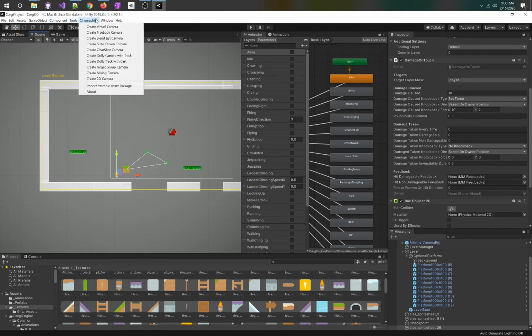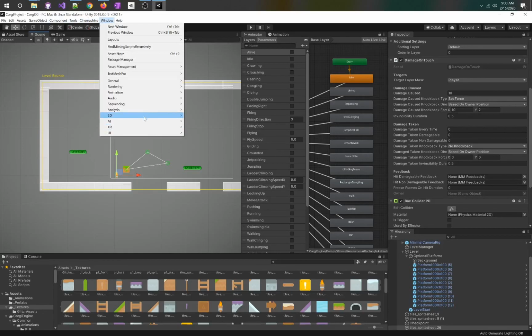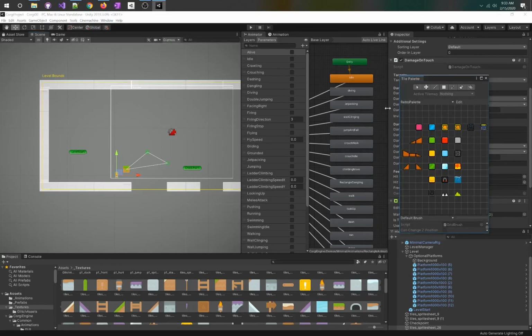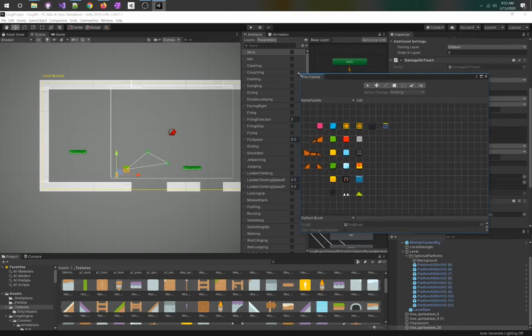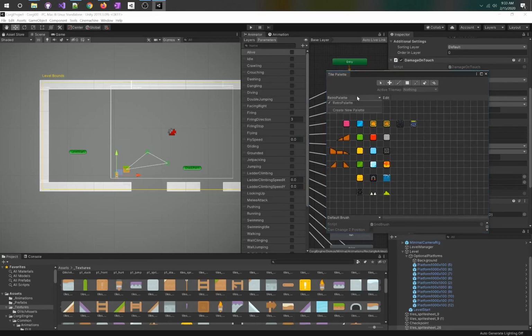component, Windows 2D, and we've got this tile palette. So the tile palette, it looks like I already have some tiles in here, but we will ignore that for now. The tile palette is the way